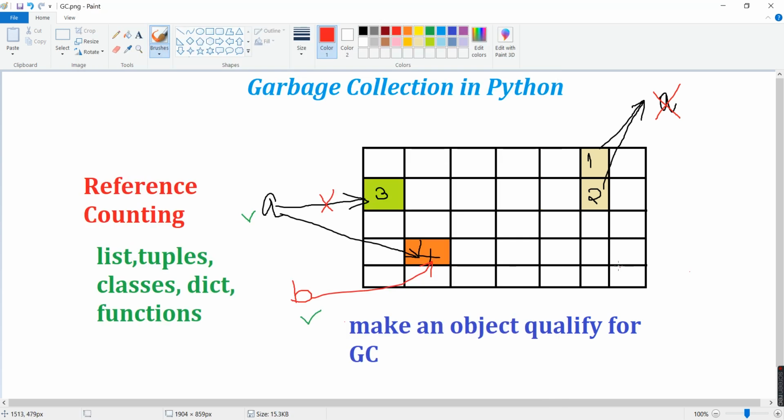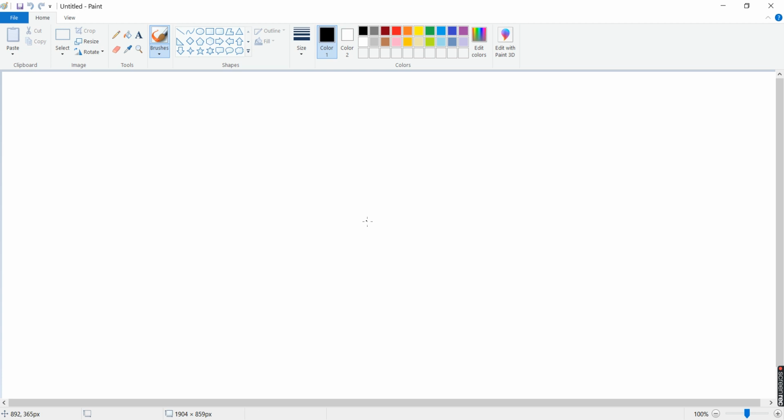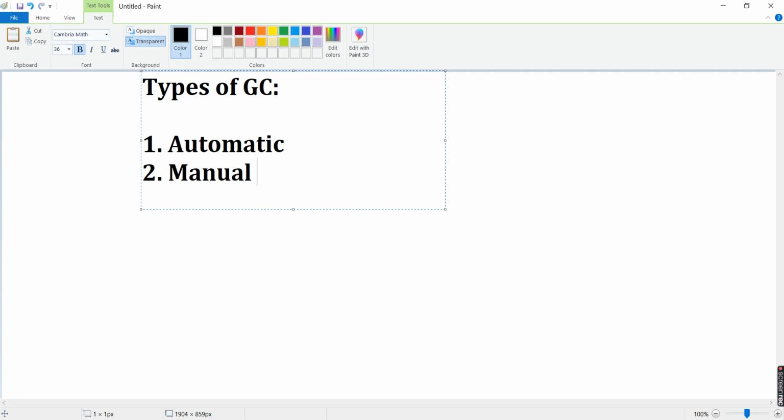Now in the literature there are two types of garbage collection. So I'll create a new cell. Okay, save. So we have types of GC. The first type is called automatic garbage collection, and the second one is called manual garbage collection.